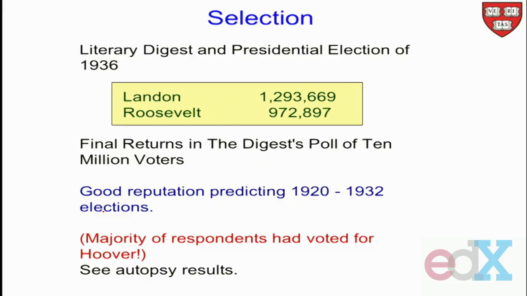Now, what happened, of course, because they were wrong, is that the Literary Digest actually went out of business. I mean, they'd had a good track record. They'd predicted from 1920 to 1932, they'd been right on the button in predicting who would win, and now all of a sudden they lost all credibility, and as I said, they went out of business. The problem is that this was quite predictable. You see, this was the Depression.